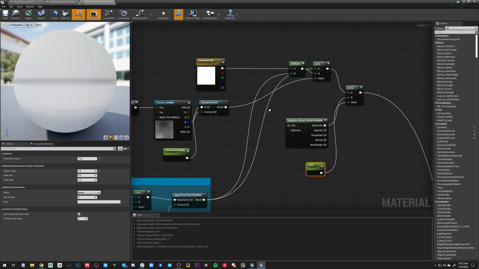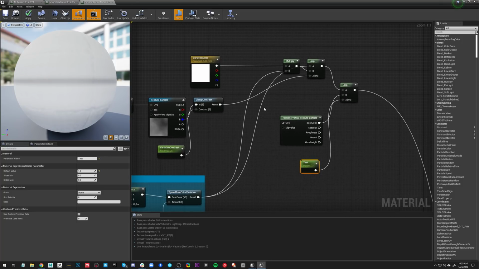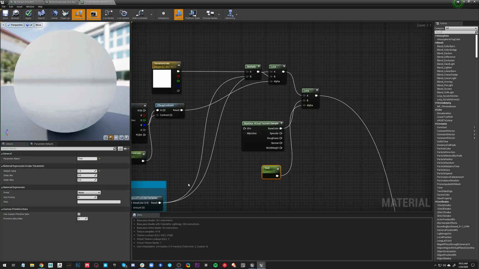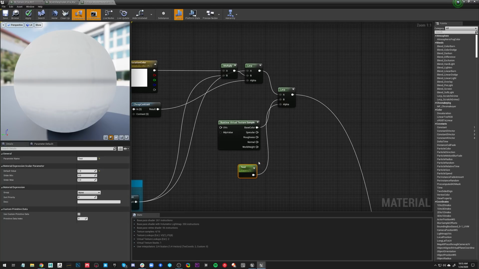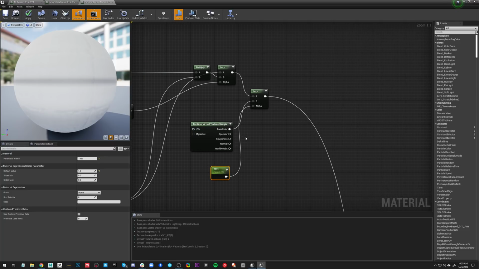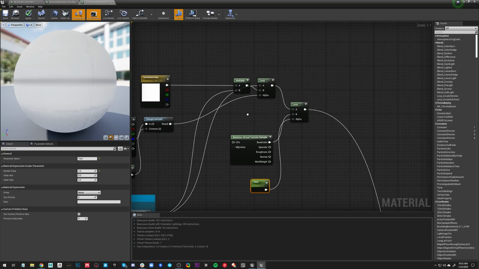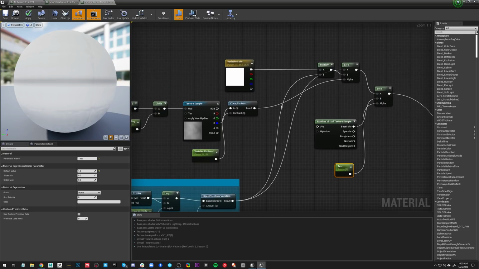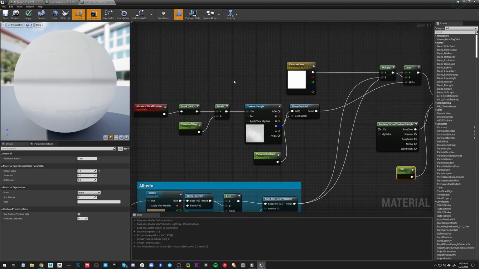One of the things I was thinking about doing is a water shader. One thing that would be really cool is, along a beach, if you wanted to paint a specific sand, you could actually have waves crashing against the shore based on where you're painting that layer. There are so many things that we can do with runtime virtual texturing. I'm very excited about it getting a little bit more stable, not causing crashes on my machine, and it's got a lot of potential.